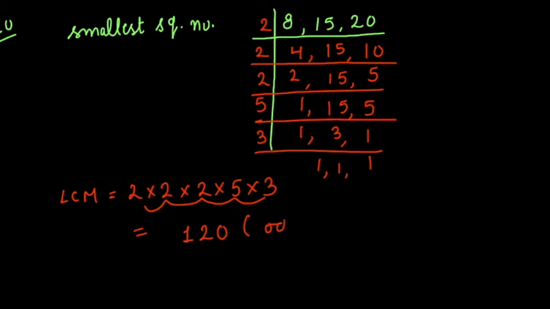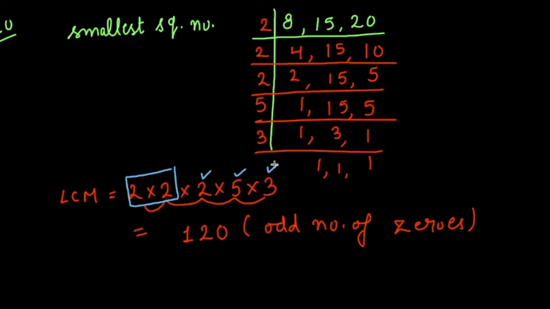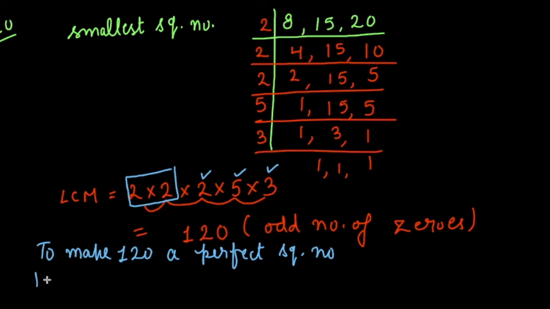Right? Again if you see what I am getting, an odd number of zeros. Odd number of zeros, which shows me that it is not a perfect square number. Now what I will see, I am having a group of 2 here. If I see, this 2 is unpaired, this 5 is also unpaired, and this 3 is also unpaired here, right? So what I have to do to make 120 a perfect square number, I have to multiply both sides 120 by 2 into 3 into 5 to make it a perfect square number,